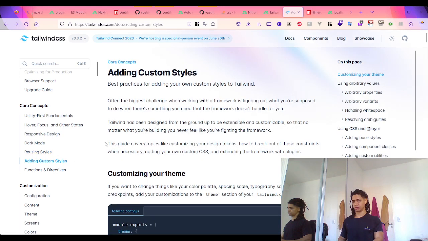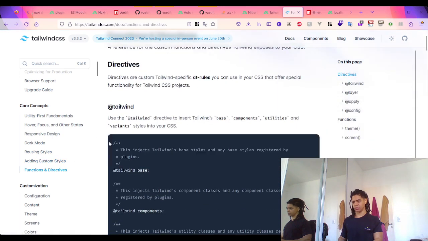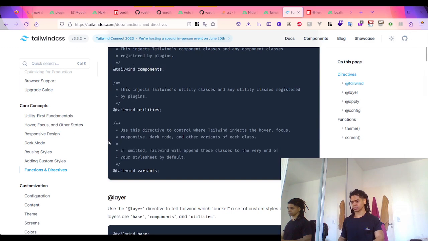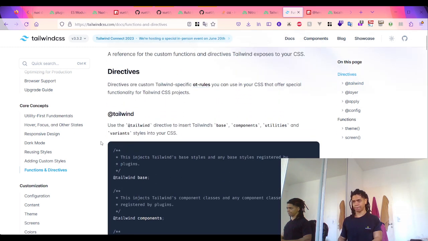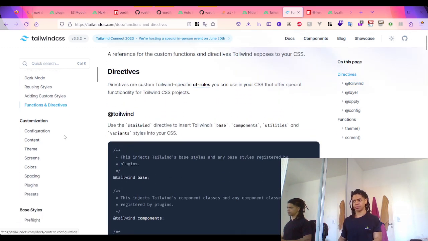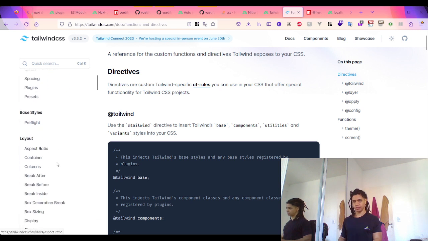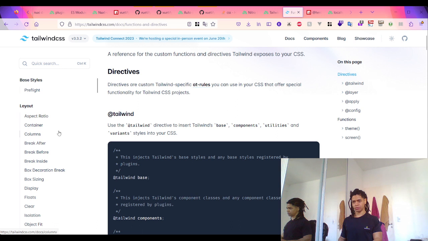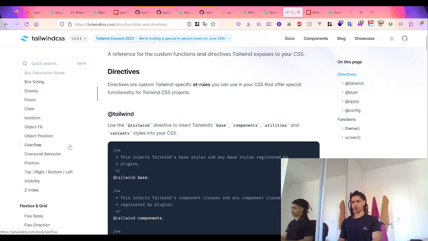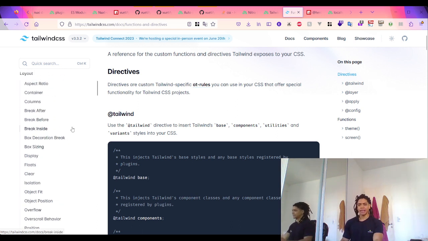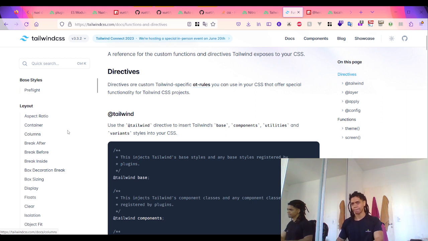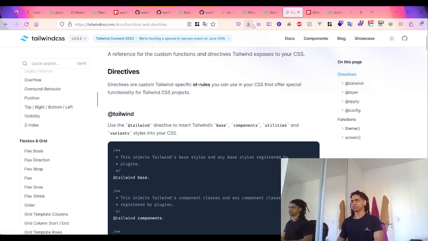Adding custom styles and functions and directives. Okay. So base style layout. So what I want to do here is to add a layout, okay, which is